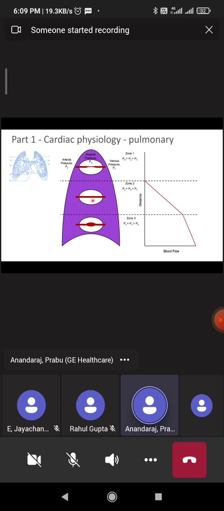So now you see that in this part of the lung, the apex, the top portion of the lung, or the non-dependent portion of the lung, there is less blood, more gas. Because of less blood, less hydrostatic pressure, it is easy for the gas to enter there and open the alveoli. Whereas here, because there is so much blood creating a lot of hydrostatic pressure, it's very difficult for the alveoli to open. Moreover, the entire weight of the lung from here to here is acting on this area. Here there is hardly any weight of the lung acting, right? But here the entire weight of this part and this part is acting on this one. So